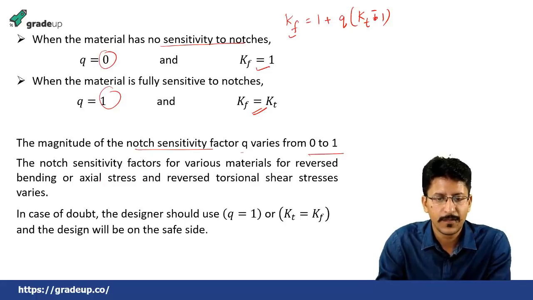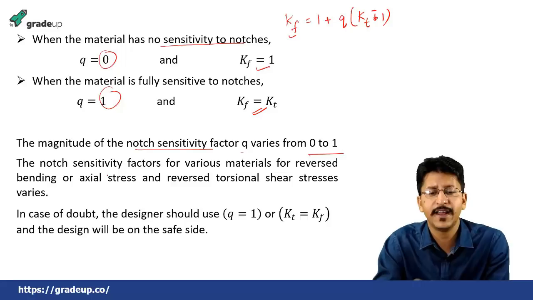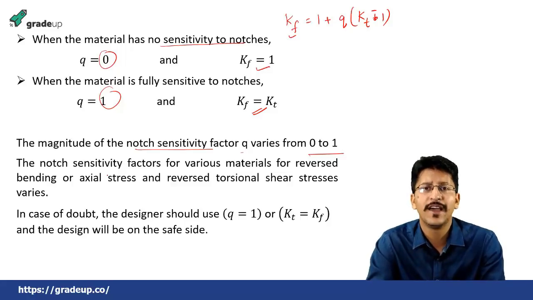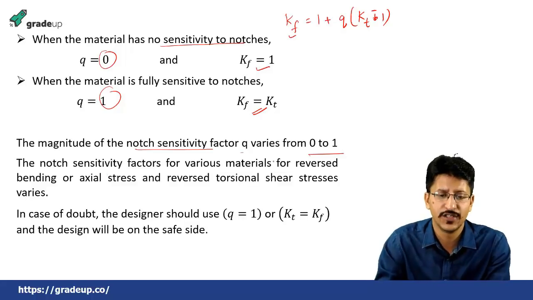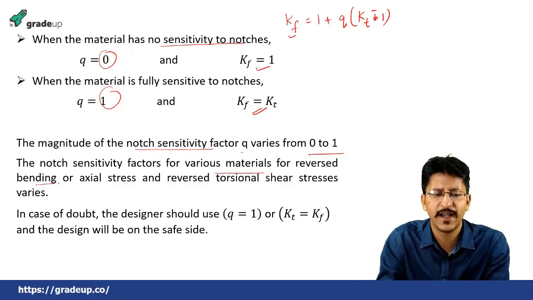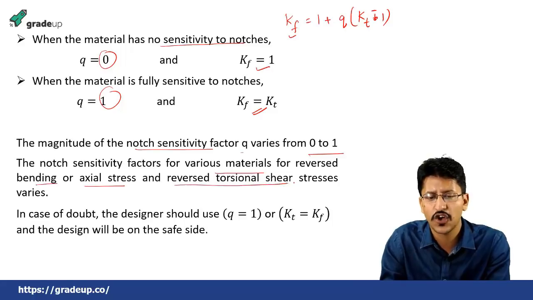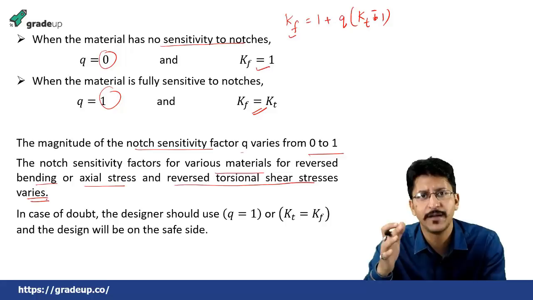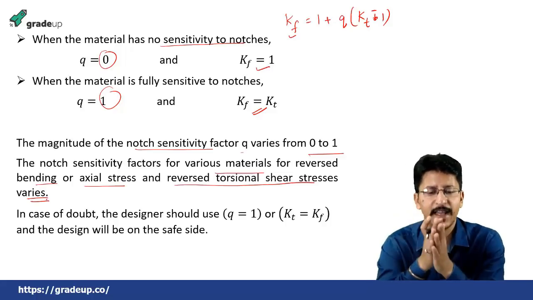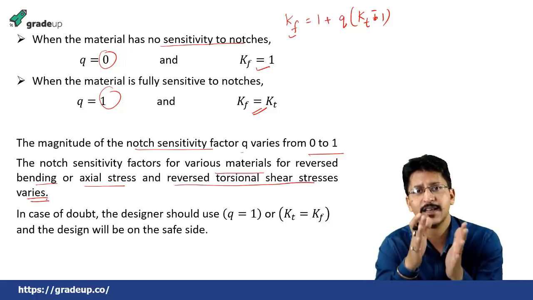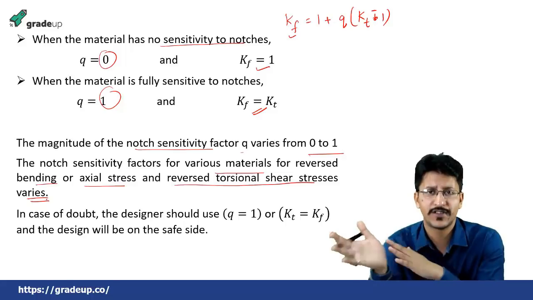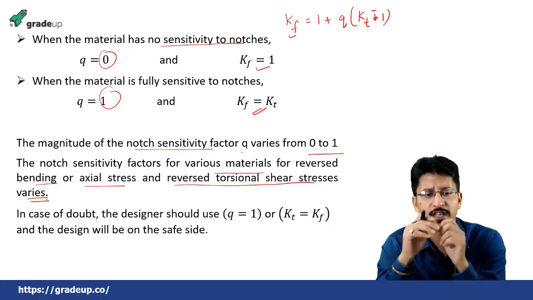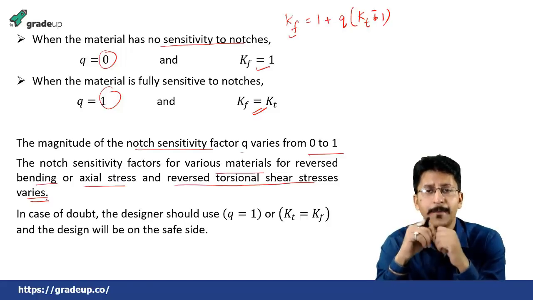The notch sensitivity varies for various materials and also varies for various kinds of loading conditions. Okay, for various materials, for reversed bending or axial stress and reversed torsional shear stresses it varies. It means that the notch sensitivity is not the same if you are taking the same material, but that same material is undergoing different kinds of stress conditions or different kinds of loading conditions, then also the notch sensitivity factor will change